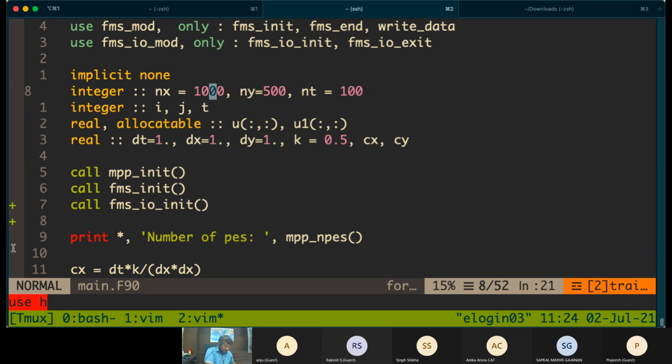In that case, in the first processor, the domain will be 1 to 100 in both the directions. In the second processor, it will be 101 to 200 in X and 1 to 100 in Y direction. And so on and so forth.